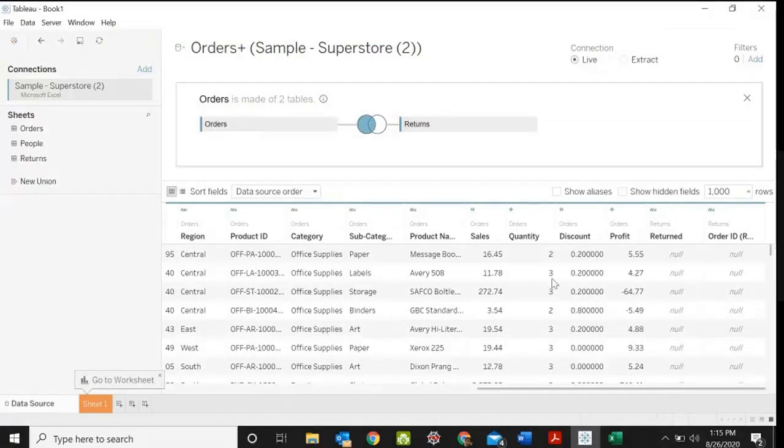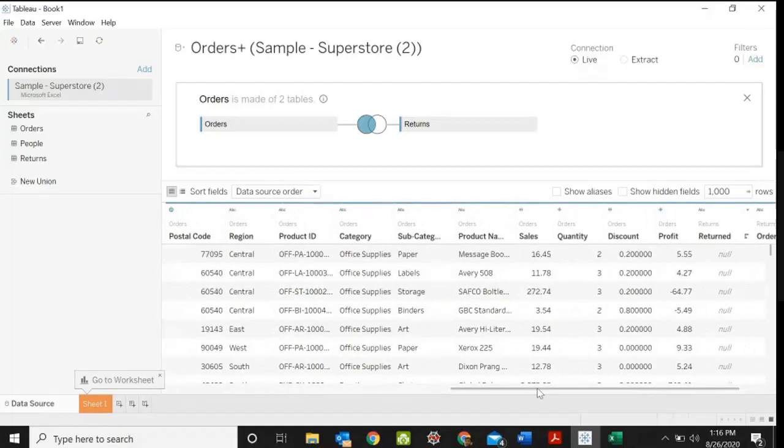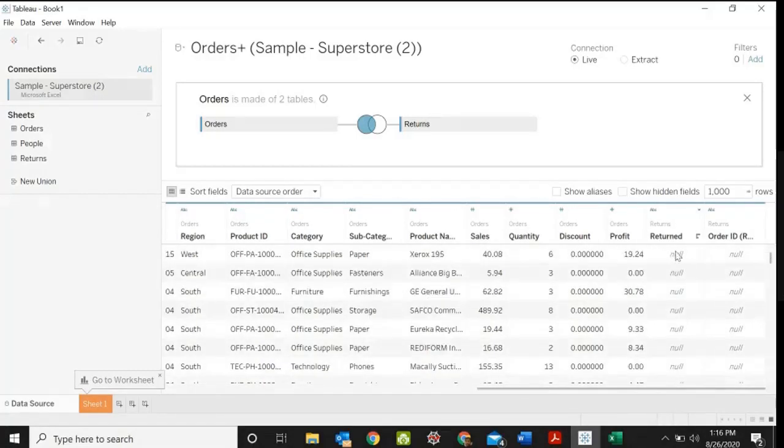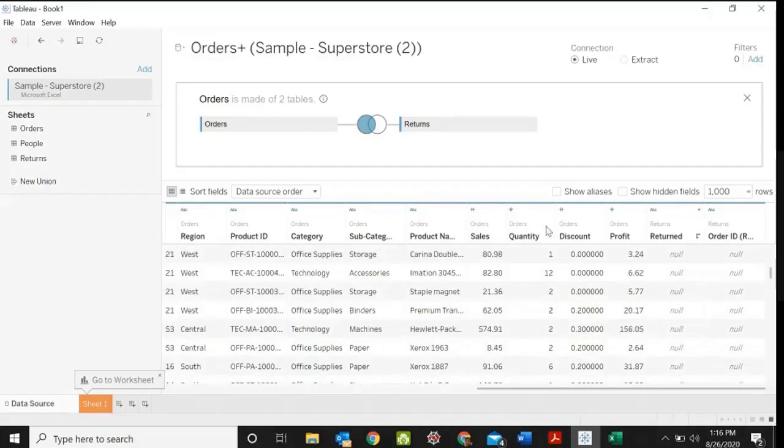Or in some scenarios, they may ask you to find the percentage of orders returned. If you want to find the percentage, you need this data, the products returned as well as the products not returned. In such cases, you have to go for this left join.